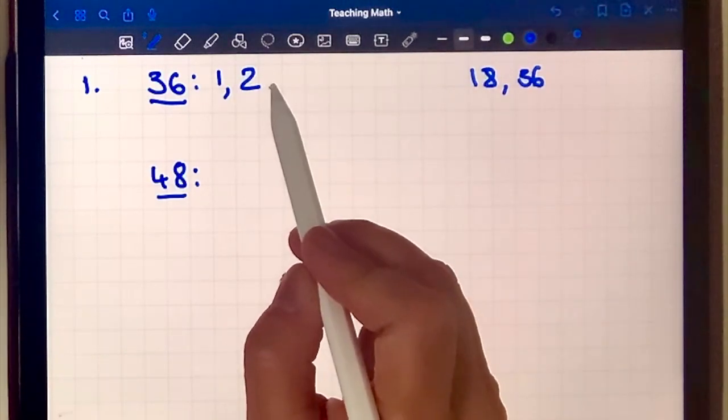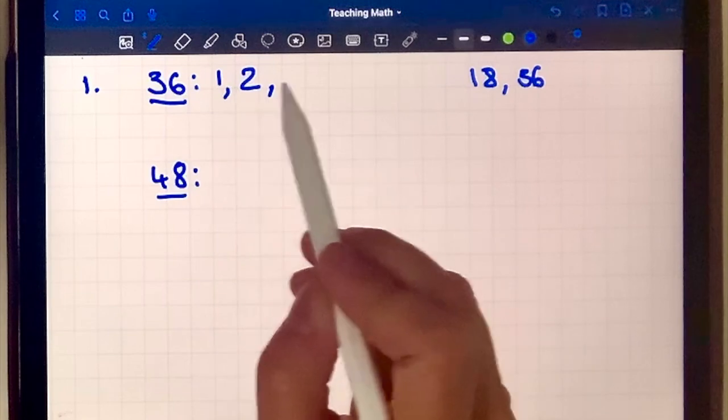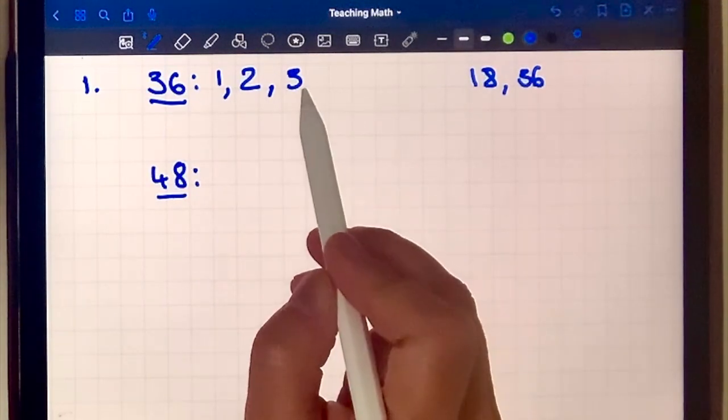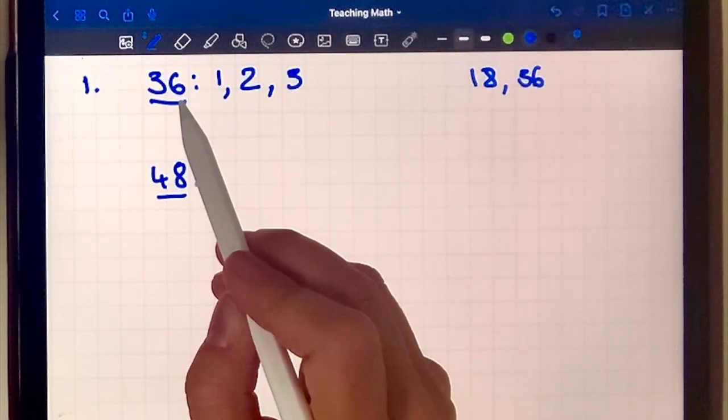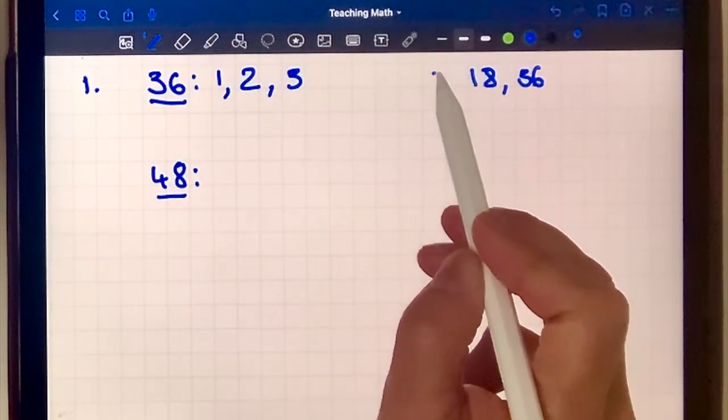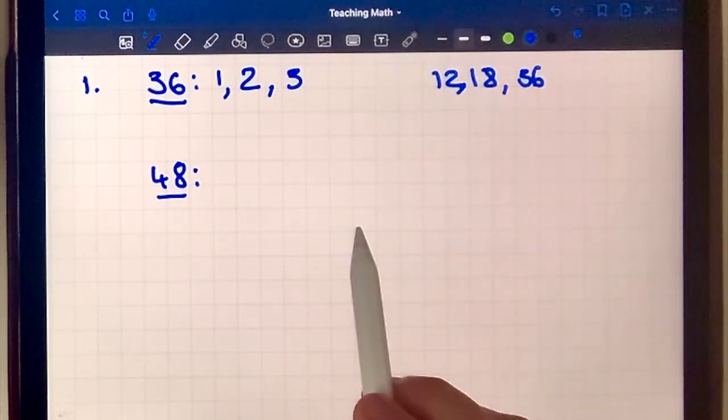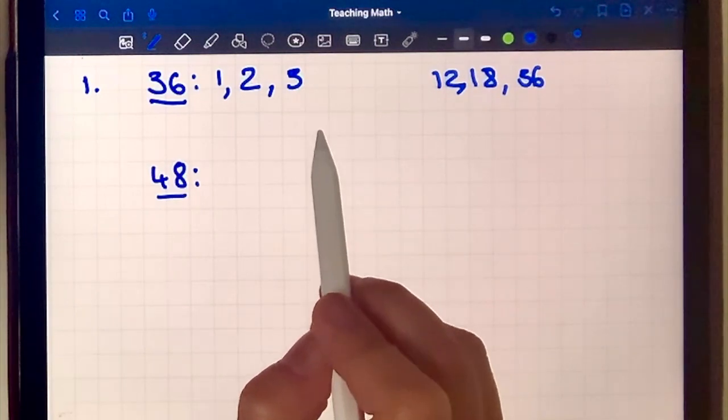Alright, after 2, I know that 3 is a factor of 36. 3 goes into 36 12 times. So that's my next set of factors. After